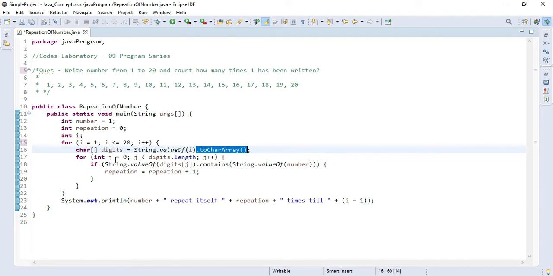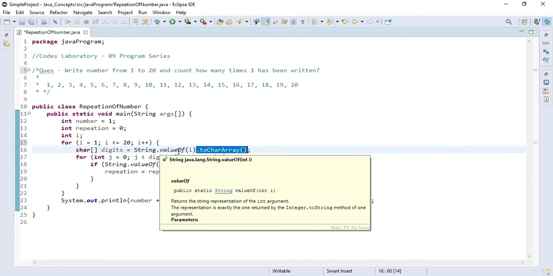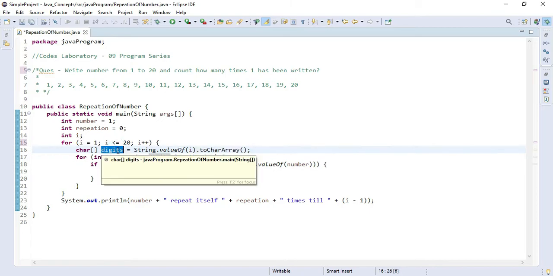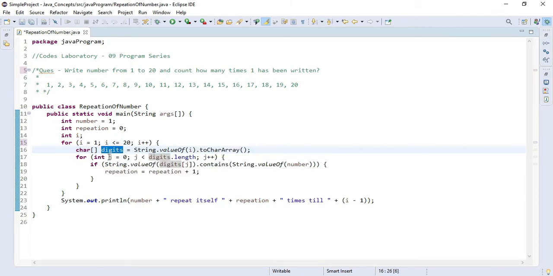First we will go through all the numbers. In that, if the number is having length more than 1, there can be a possibility that 1 can repeat itself twice in a single number. That's why I have used this toCharArray. So after that we got one array of digits. To go through this array, I have used another for loop which starts from 0, as array indexing starts from 0, and it will keep on going till the length of this digit array.